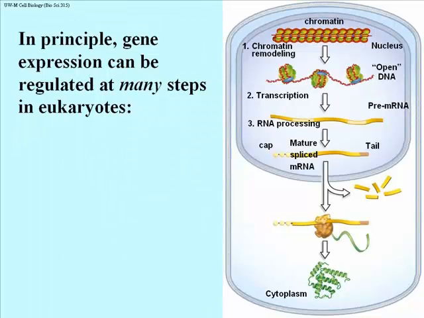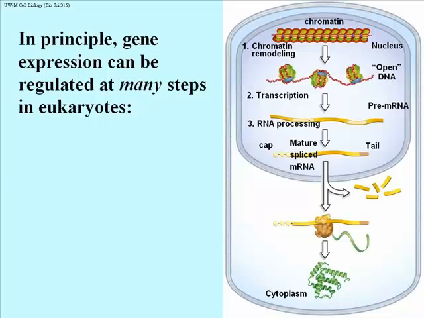And capping, remember, is one of these processes that are thought to enable the exit of a mature message out of the nucleus and into the cytoplasm where it will be used. So if you could control that, you would control the amount of final protein product that this gene could make. You may remember the poly-A tail has something to do with the number of times that a message is actually translated by ribosomes. So if you could make shorter tails at a given time for a messenger RNA, you will end up making fewer polypeptides during the translation process.